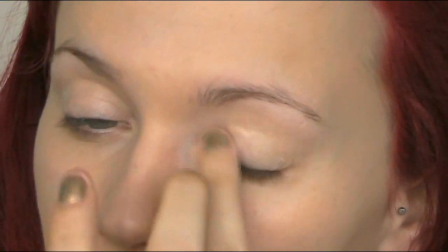And then I just use my finger just to blend it in to the rest of the foundation. I love this concealer for high coverage. Once I've covered them, then I'm just gonna move on to my eye makeup. Just using Too Faced Eyeshadow Insurance, and just pop that over the lid. And I put it under